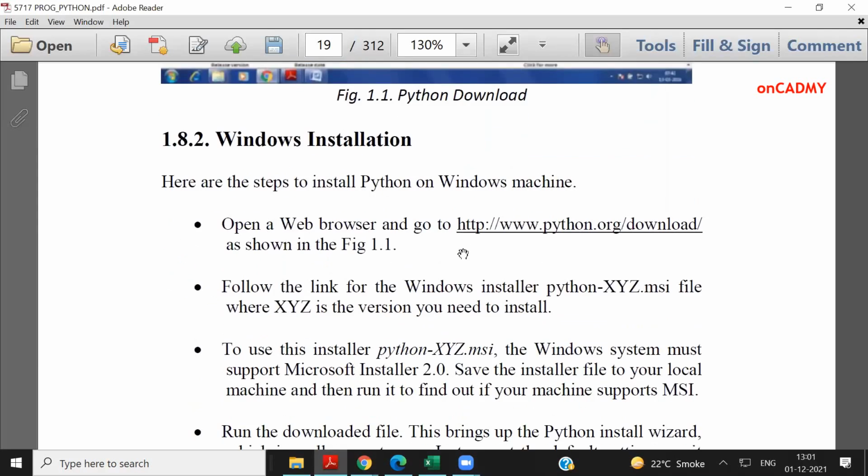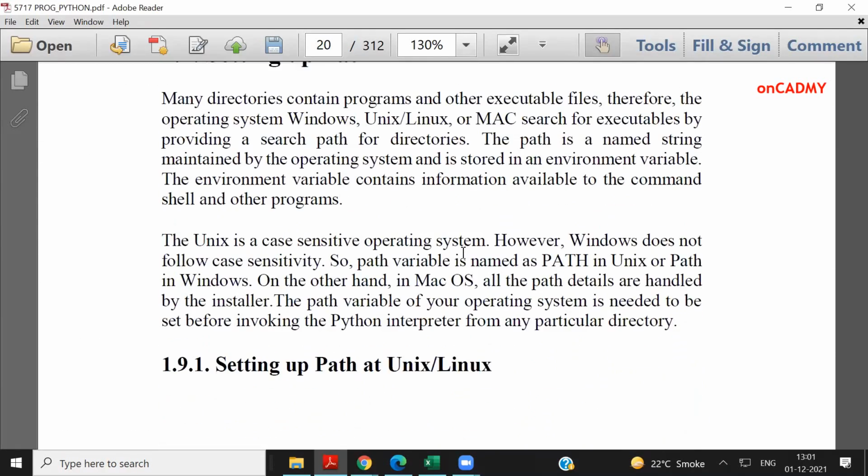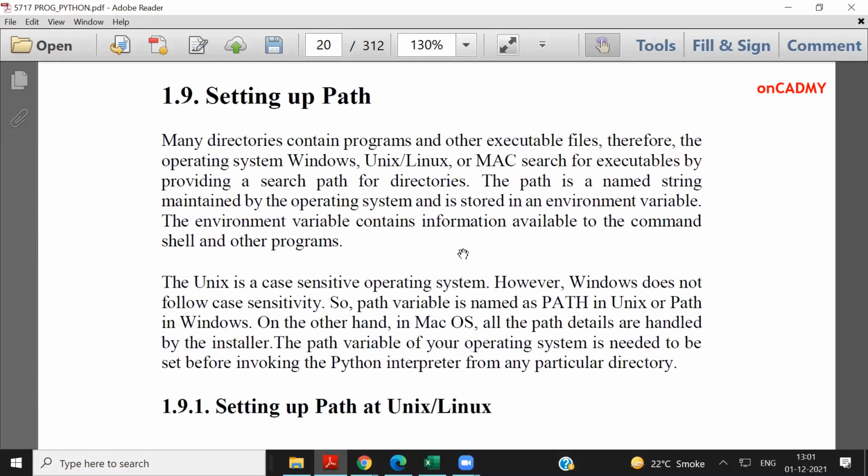Once it is installed in your system, it is very easy to install. We need to set the path. By default, the path gets set by itself. But in some cases, if we need to set it, then go through this once. Many directories contain programs and other executable files. Therefore, the operating system, Windows, Unix, Linux or Mac, searches for executables by using a search path for directories.